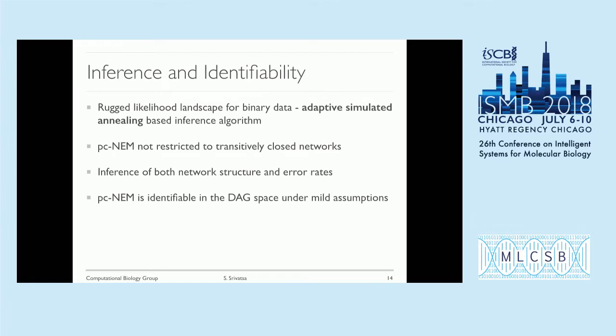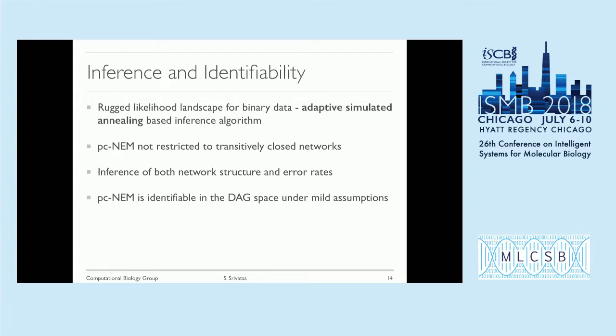Typically, the likelihood landscape for binary data is rugged, increasing the chances of getting stuck in a local maxima. So we developed a novel inference scheme based on adaptive simulated annealing. In addition to inferring the network structure, we can also estimate the error rates. And unlike classical NEMs, we're not restricted to transitively closed networks, and we extend the search space to the entire